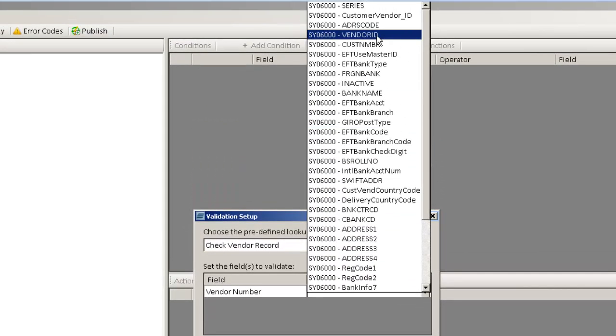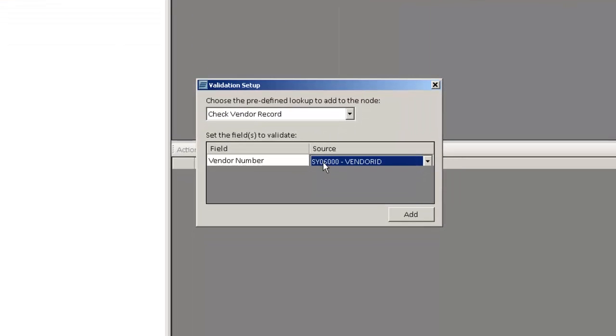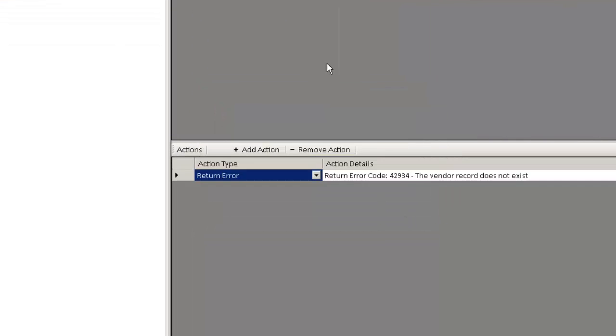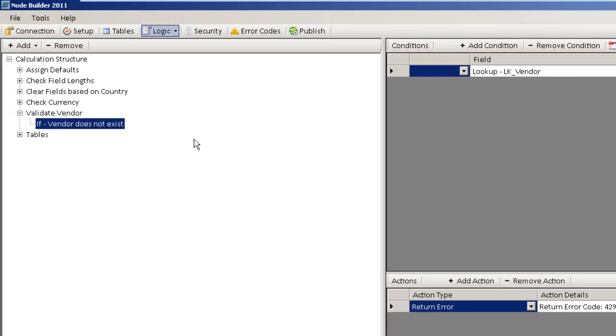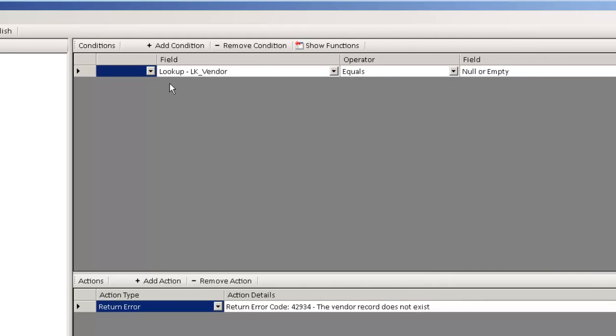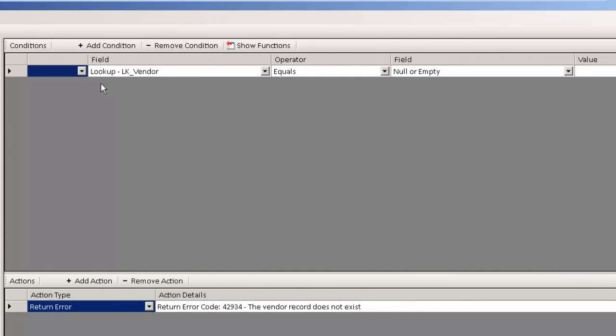So I'm going to go ahead and use vendor ID on that, make sure those fields match up, and when I hit add on here, it's going to go ahead and do three separate things. One thing it's going to do is it's going to build our own calculation structure on the left here. So it adds a new section called validate vendor. It adds our if statement in here, and then inside of that calculation it's also built a couple things for us already. It's built a lookup called lk_vendor,